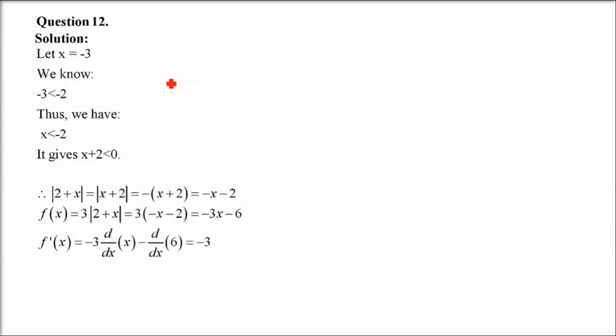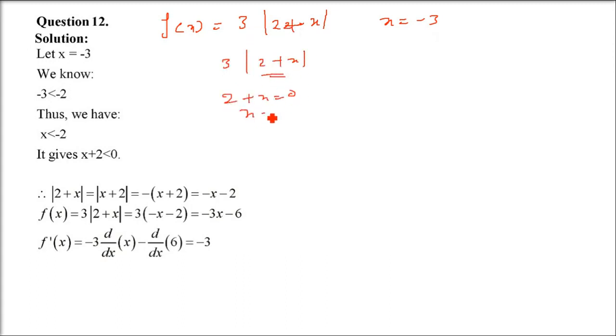Question number 12 it is. So write the derivative of fx, and fx is given as 3 multiplied by 2 plus x, which is inside a modulus. So 3 into mod 2 plus x, it is asking at x equals minus 3. So first thing is x is minus 3, and this minus 3, how does it affect this mod 2 plus x? This is what you have to see. So 2 plus x equals 0, x equals minus 2, this is the critical point. So when you are seeing this 0 and this is the critical point minus 2 and you have minus 3 here, at minus 3 you have to find out.